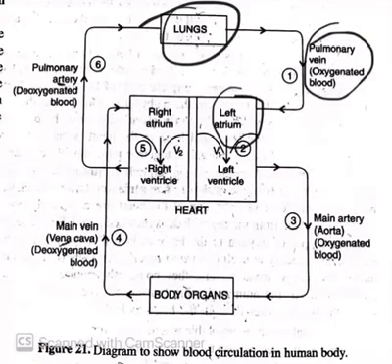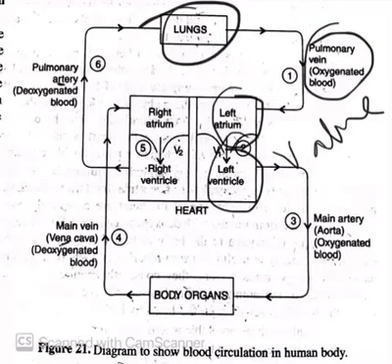The left atrium relaxes to receive the blood and pumps it to the left ventricle. And you can remember that once the blood has flowed from the atrium to the ventricle, the valve in between will close. Once the blood has reached the left ventricle, it has to be sent to all the body organs, and that is accomplished by means of the aorta or the main artery which carries the oxygenated blood to the